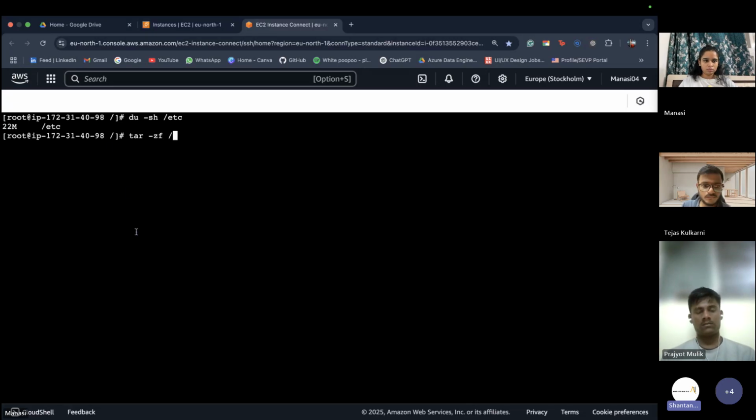Along with that, I want v as well because I want to check the different files we are going to compress. And I want to use the c option as well because it is creating a new compressed file. So the complete command structure would be tar -czvf.